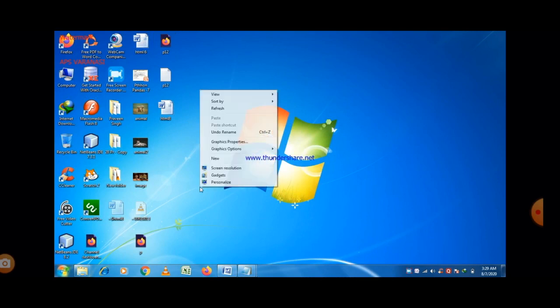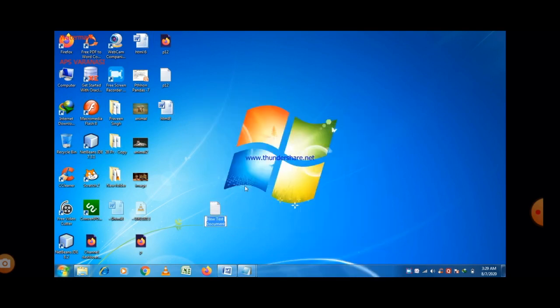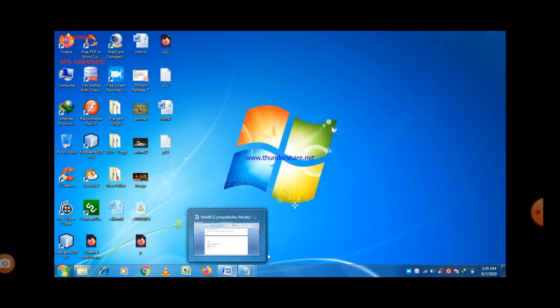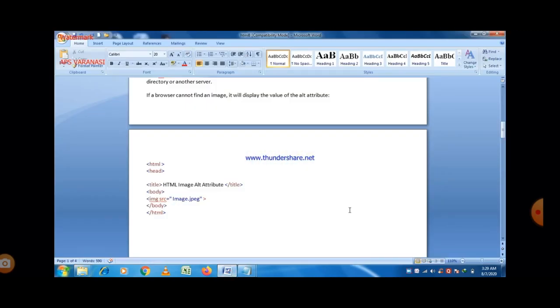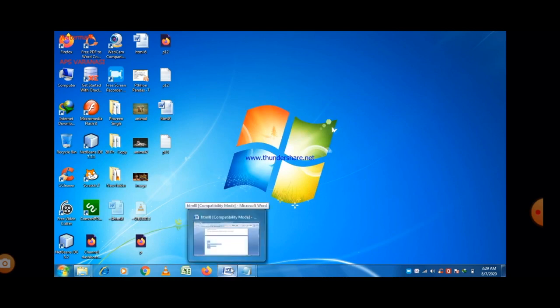So let us take another example here. Just create a new notepad file here and give it a name first, and then write a program here. We just make a copy paste operation here. The program is already written here. You can write all this syntax and all this text in a program.